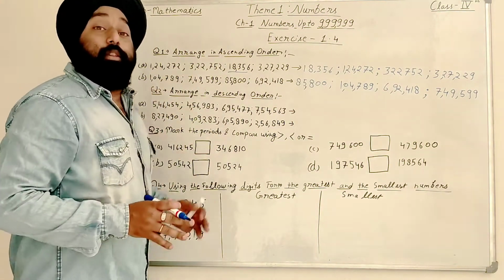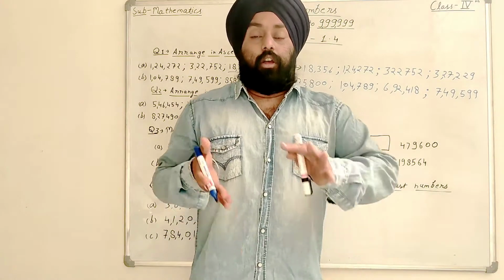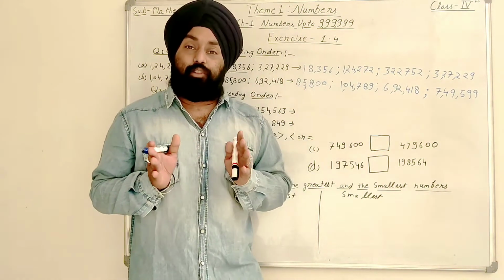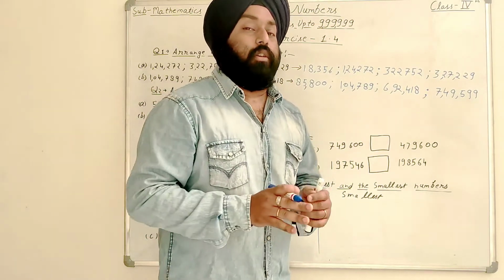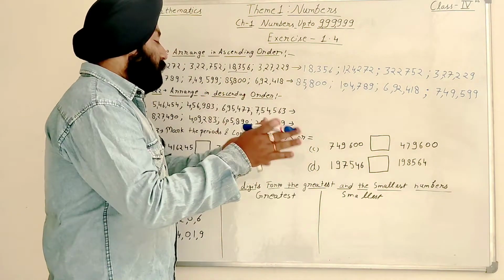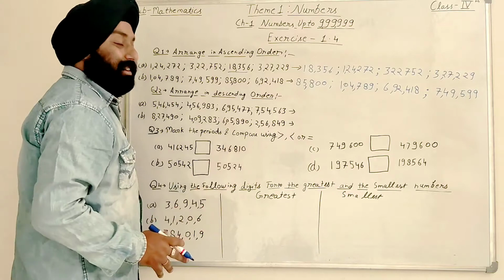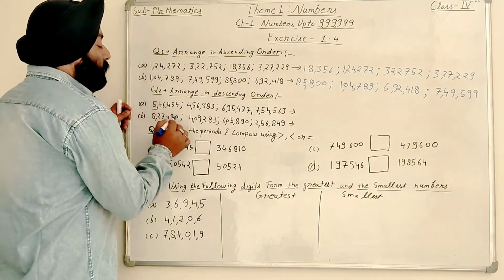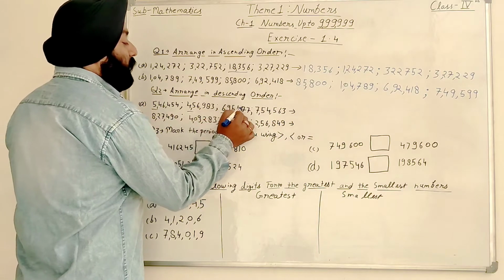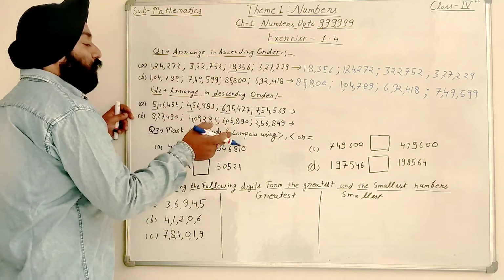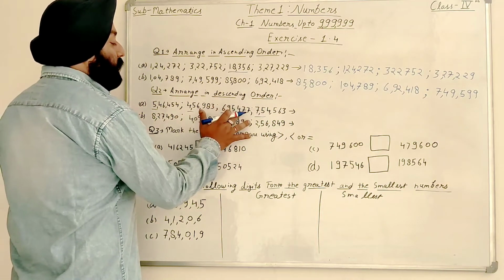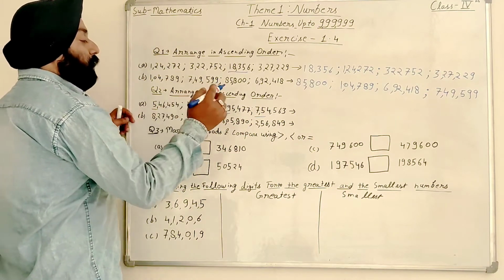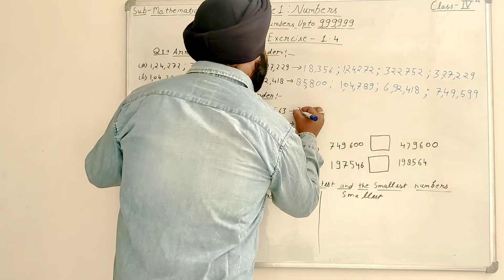So the next question is descending order. Descending order is the opposite of ascending order, from greatest to smallest. Oh, sorry, largest. 5,46,000, 4,56,000, 6 lakh, then 7 lakh. We all know 7 lakh is the greatest. 6 lakh after 7 lakh, then 5 lakh, then 4 lakh. So 7,54,000.